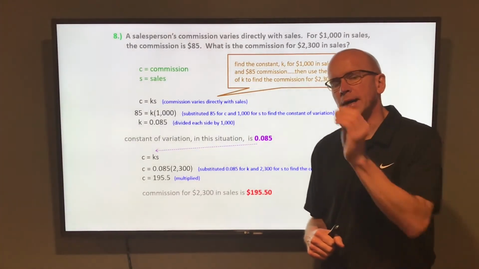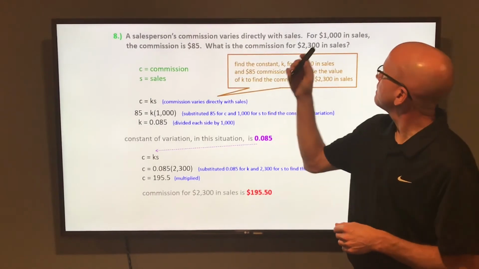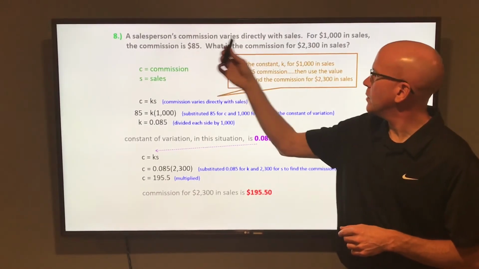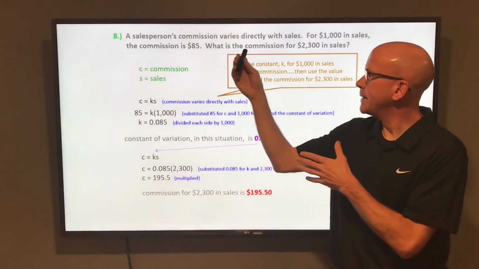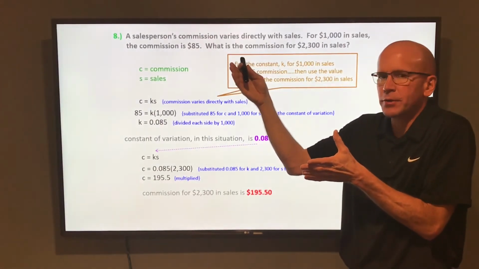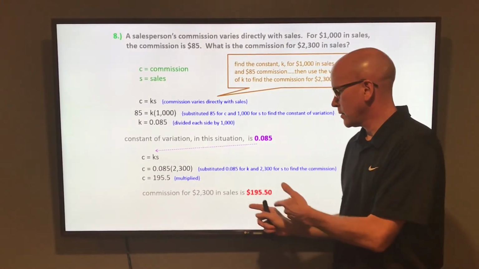Now again, go back to what I started with. You could set up a proportion. You could take 85, that's the commission, over 1,000, set that equal to Y or C, if you want to use that for commission, over 2,300, cross multiply and divide, you're going to get the same thing,